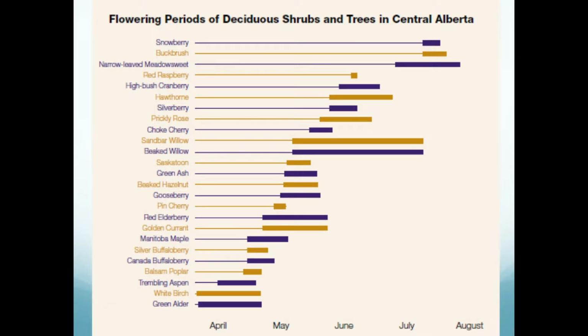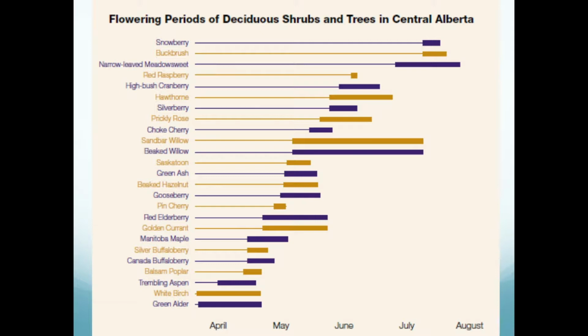This is a chart of all the different flowering periods of different native trees and shrubs in Alberta. You start in the early season with trembling aspen, white birch, balsam poplar, and move towards the end with Irish cranberry, snowberry, meadowsweet, those sorts of things. I should note that this chart is just trees and shrubs, and it's missing herbaceous species, which are a really important element to consider as well, like wildflowers such as goldenrod, fireweed, smooth aster and other asters. Near the end of the season, the trees and shrubs are tapering off, so including some of those wildflowers is important